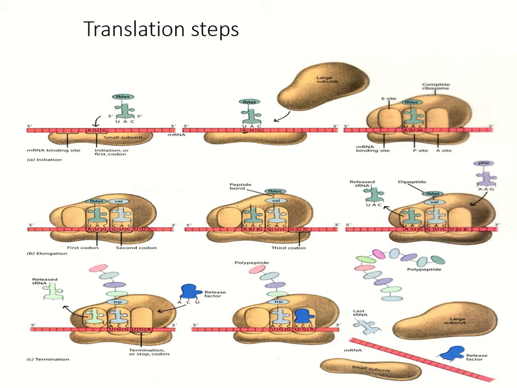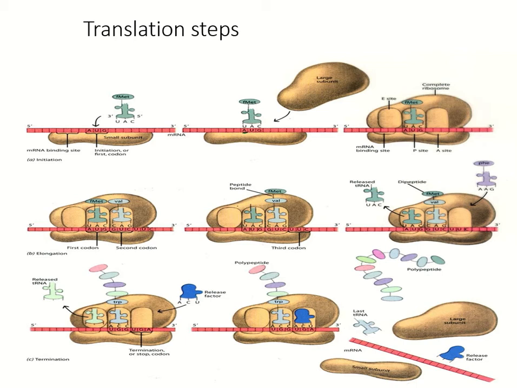Amino acids become activated by binding with the amino acyl transfer RNA synthetase enzyme in the presence of ATP. That is, the amino acid binds with ATP in the presence of the enzyme amino acyl transfer RNA synthetase, forming amino acid AMP enzyme complex plus inorganic phosphate. Now transfer of amino acids to tRNA: the amino acid AMP enzyme complex formed reacts with specific transfer RNA to form the amino acyl transfer RNA complex.